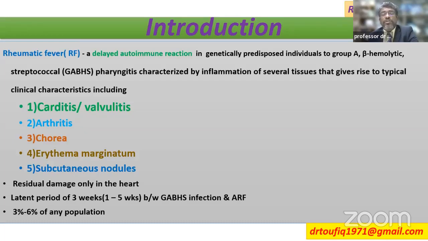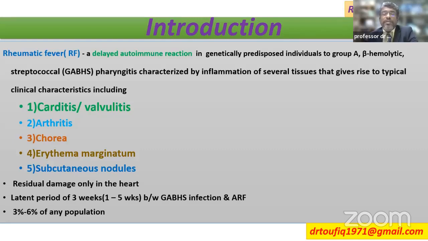A person may be infected with a sore throat from streptococcal infection, but not all people are susceptible to developing rheumatic fever. That is, if a patient has a sore throat, he or she may not get rheumatic fever. It occurs if there is a cross reaction,